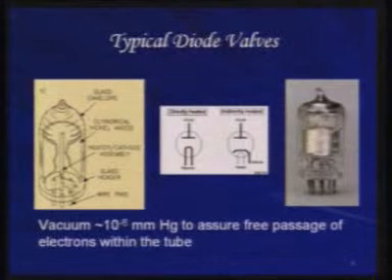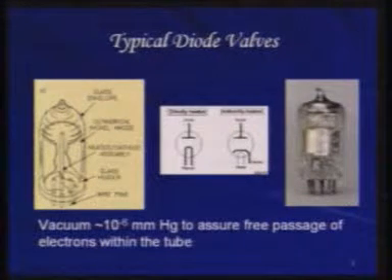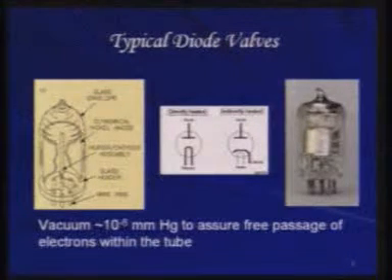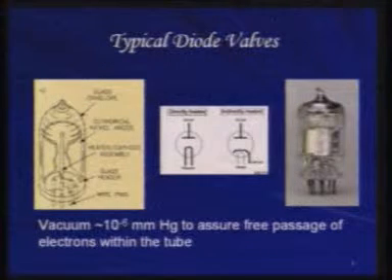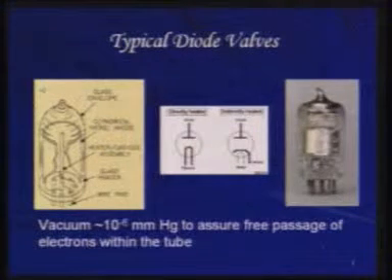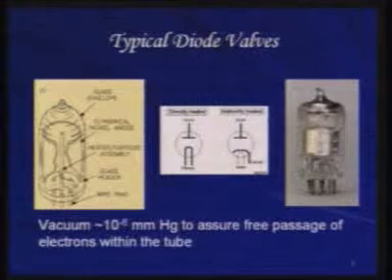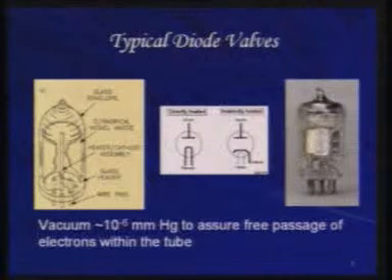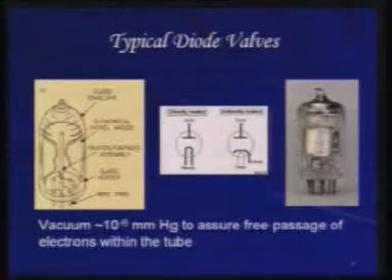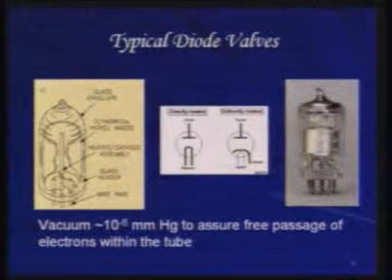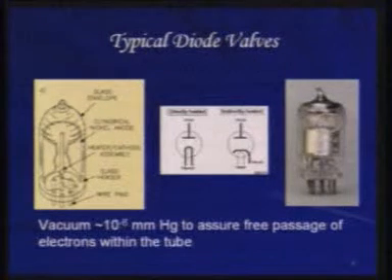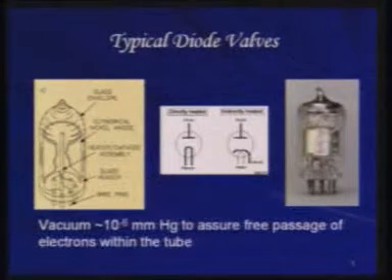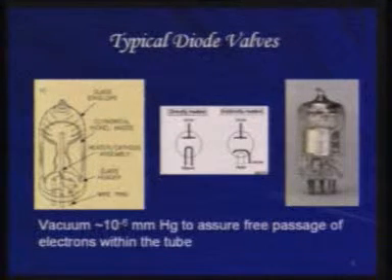Now why you need this kind of arrangement is essentially because we are playing with electrons. When electrons try to reach from a cathode to anode, if we are trying to do this experiment in air, then these electrons will collide with other air atoms or air molecules, and they will get lost on their way. So you need to keep a free passage of electrons before they reach the anode, and to ensure that they get a free path, you should have the encapsulation evacuated. There are no air molecules where they will get scattered or lost. So this is essentially a typical diode valve.